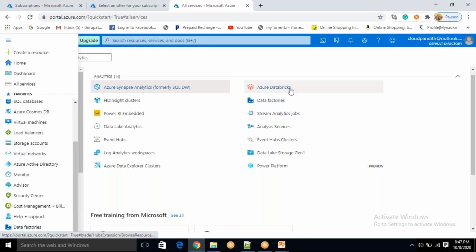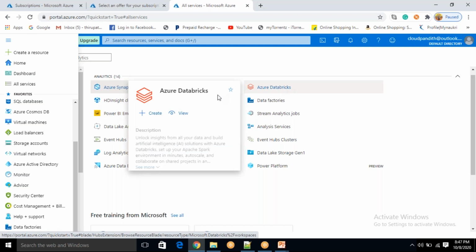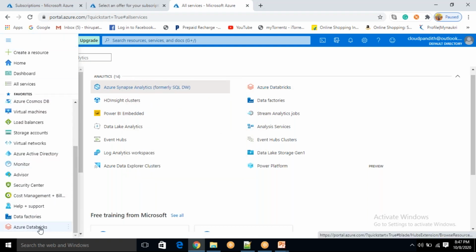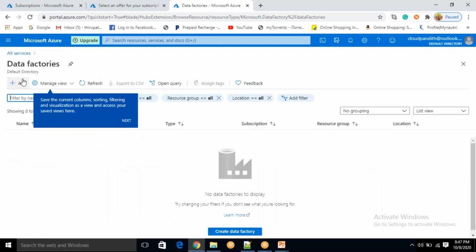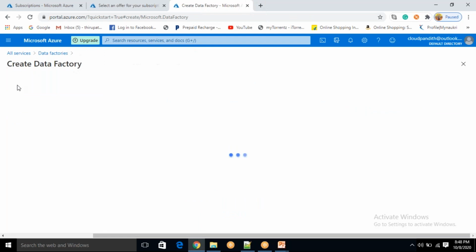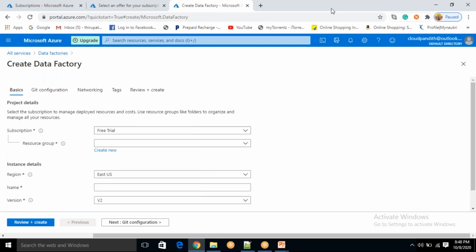Now I will go back to Azure Databricks and put the cursor here. You can add Databricks as well. Azure Databricks. Come down. You can see Azure Databricks is now added. Now you no need to go to all services and search for Databricks or Data Factory. You no need to do all those things. If you click on Data Factories, then you will go to the Data Factory section. If you want to create a Data Factory, you just have to click Add. Okay. Clear on this, friends, on the portal? Whatever we have seen in the portal, anybody have any doubts in this?